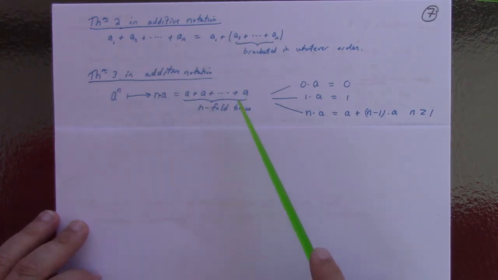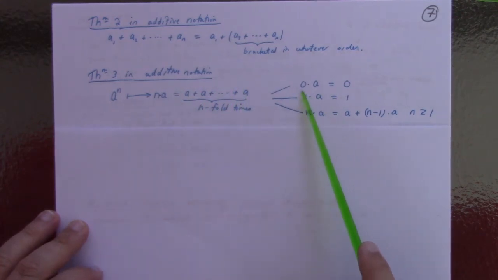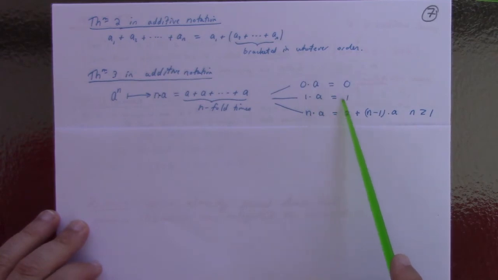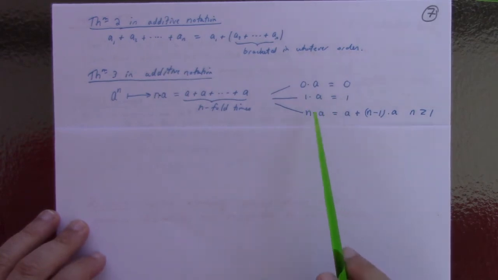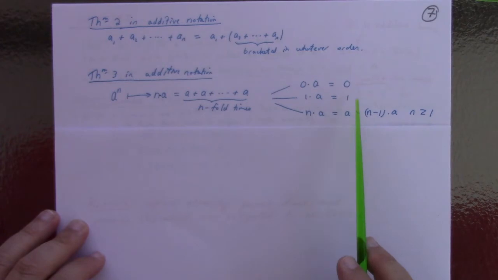We could define this more precisely over here: 0 times a is 0, 1 times a is 1, and if I have n times a,